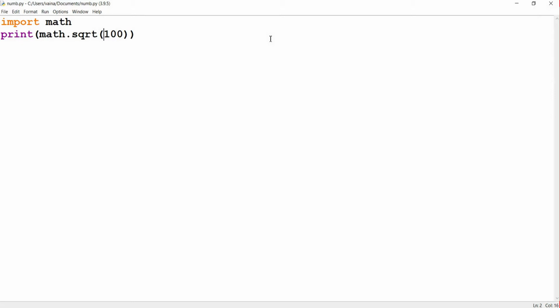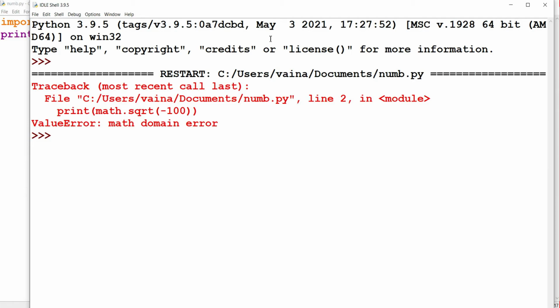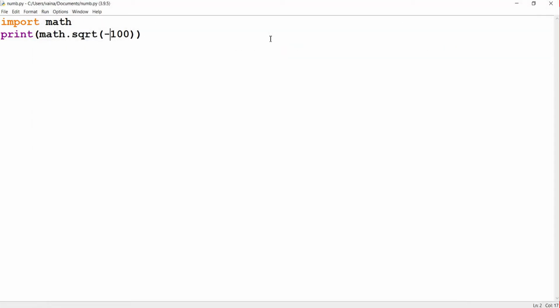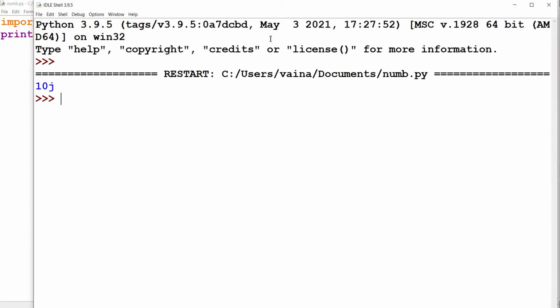But when we pass a negative value and run it, it gives a math domain error. This is because the result would be a complex number. As we saw in the previous video, we can use cmath, that is complex math, and when we run it we get the output as a complex number.